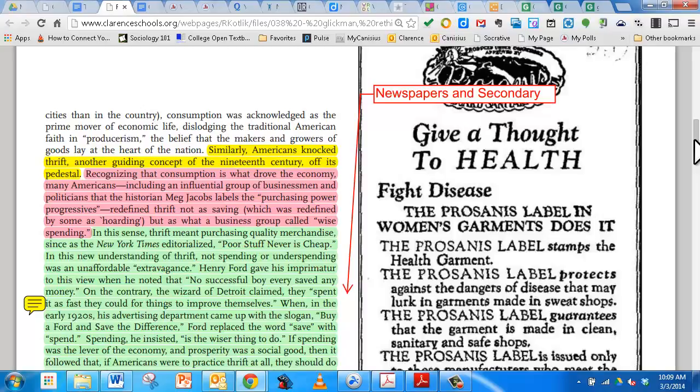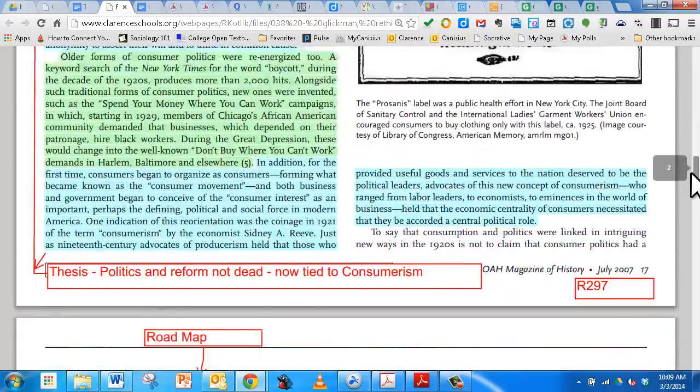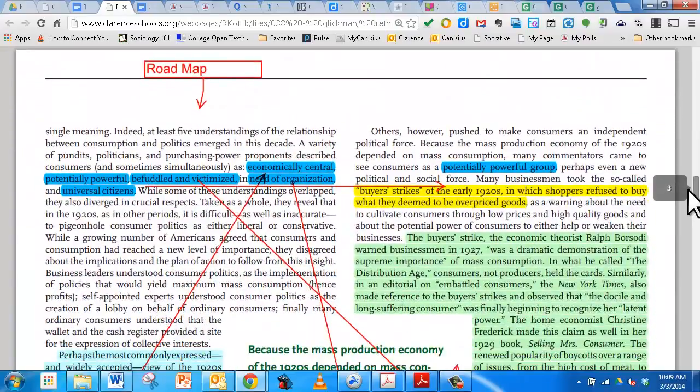This was a great visual. The goal of this course was to have them read better, but a big part of this course was also writing better. So they had to write a major thesis paper at the end of the year. Now they can look at a historian's work and say, oh, how did that historian actually put that together? Oh, here are the primary sources used. Okay, cool, I got that. Here are the secondary sources used. Okay, that makes sense. And we also talked about roadmaps, how a good author will set up the article